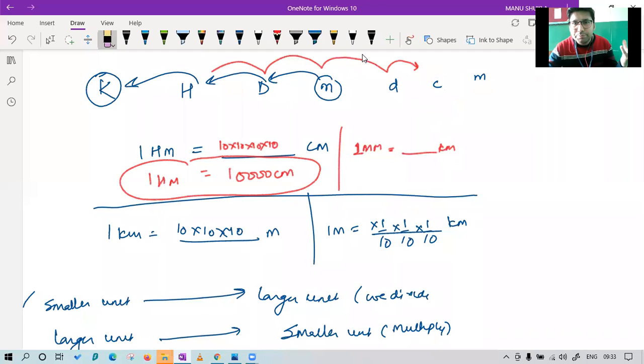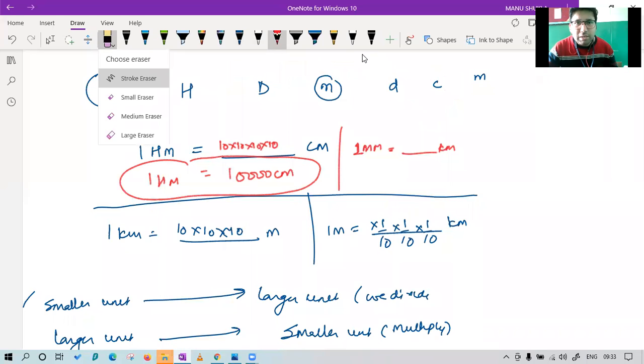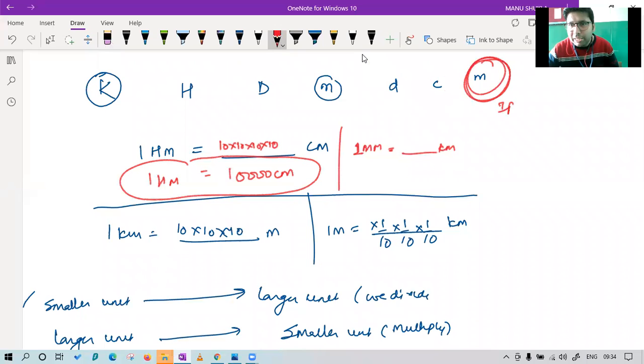Just 1 second. Let me make it clear. So right now, what is the initial point? What is the final point? Let me erase this. Mokshita, I hope yours is correct. Let me just give you the correct answer so that you can compare yourself. Now let me start. What is the initial point, class? Initial point is millimeter. So we are here. This is the initial point, IP. And what is the final point?